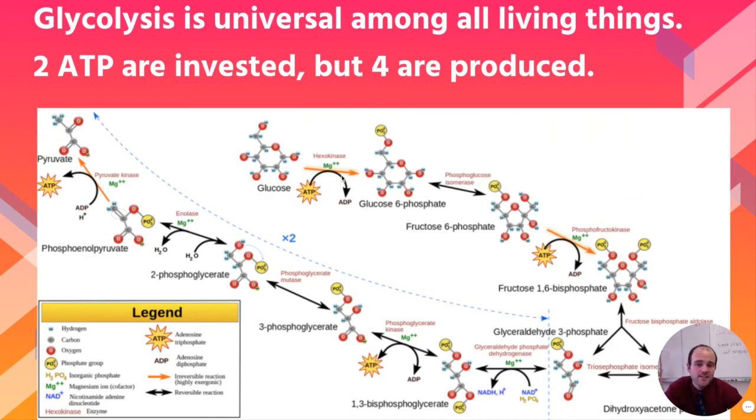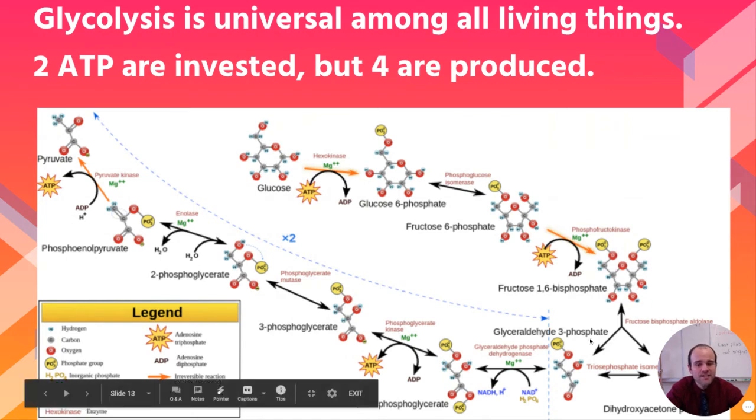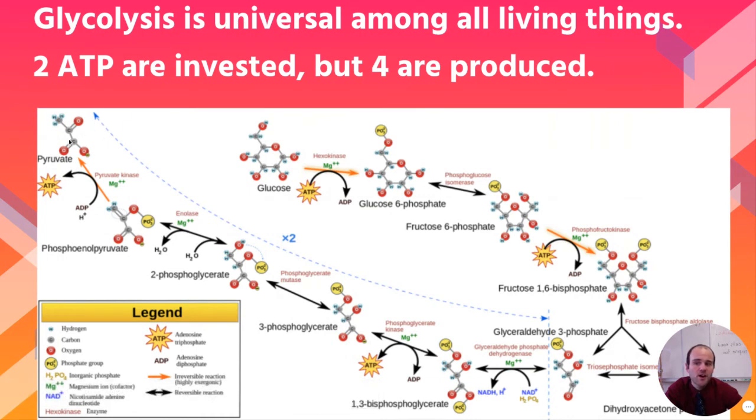So you can see as glucose, an ATP gets put in to modify it, another ATP to modify it, and then that is broken into 2 3-carbon molecules. In the process, electrons are released so we can reduce our NAD pluses, and there'll be some energy in that reduction that we can turn into ATP. Again, we'll have another reaction where we can harness some energy for ATP, and we end up with a 3-carbon atom called